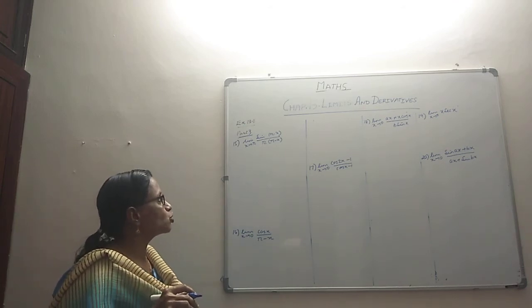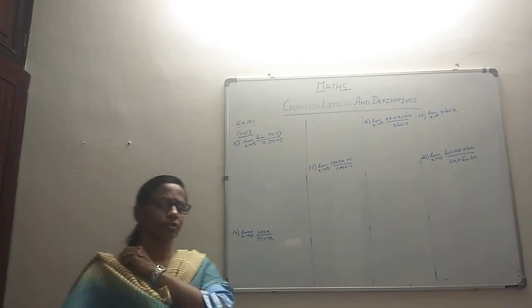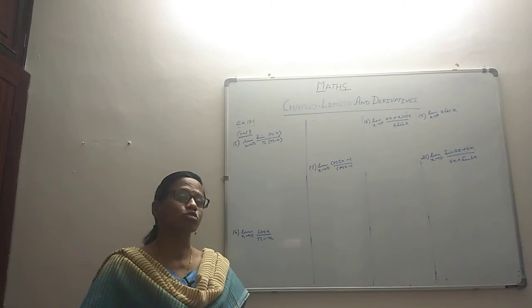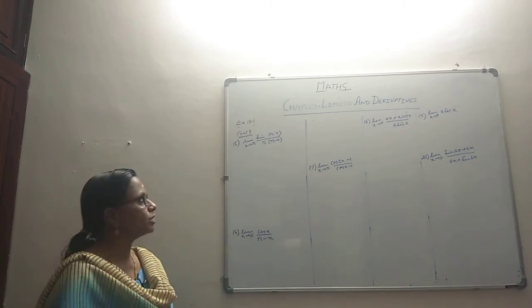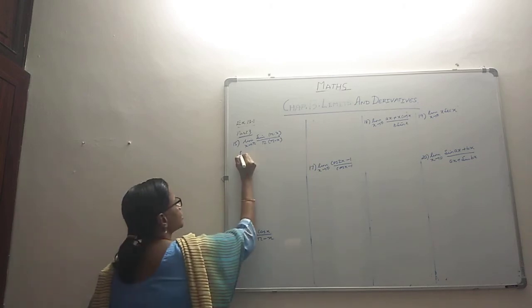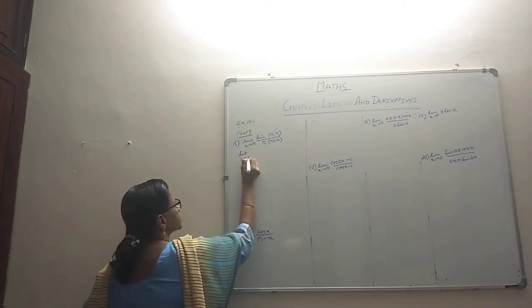Limit as x tends to pi is not something that we like. If you have to apply this thing, your x, or whatever is the angle, should tend to 0, then only you are able to apply it. So we'll do one thing for our convenience. Let's call u as pi minus x and let's see what happens. Let u be pi minus x.